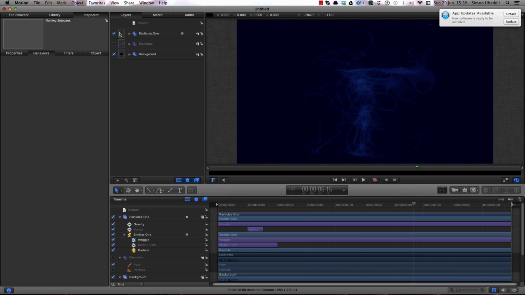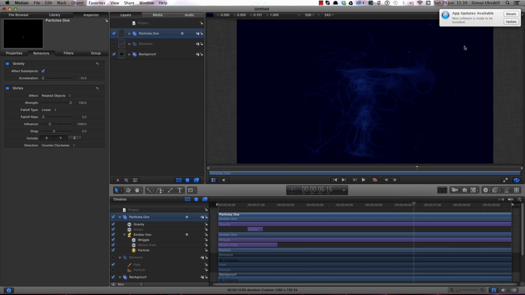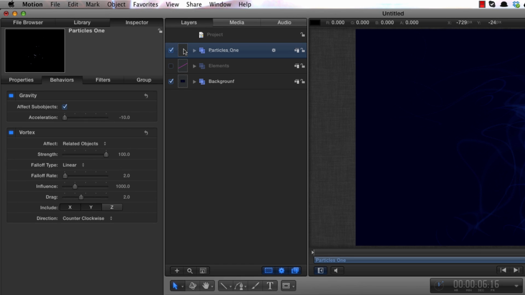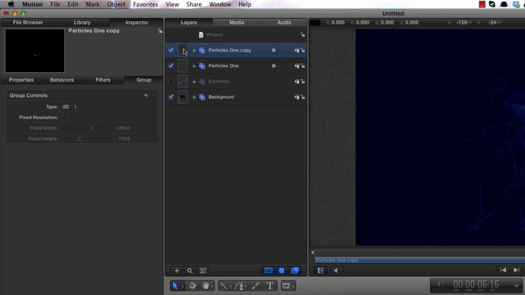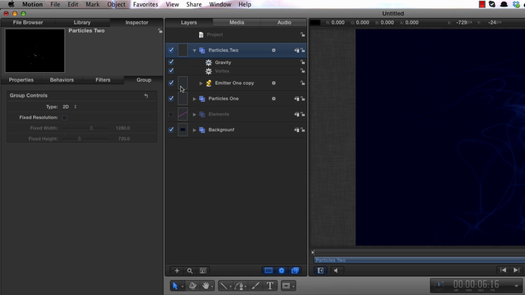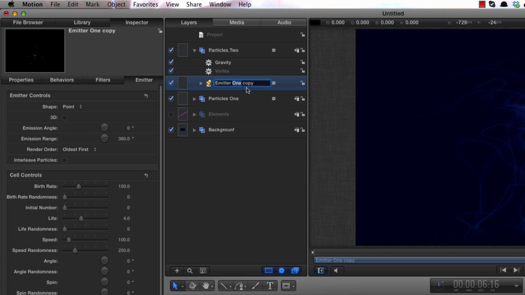I need to obviously have my particles that come in from the top right hand corner, so I don't have to go through that whole process again. I'm just going to select that particles 1 group, hit Command D, which we now know is to create a duplicate. I'm going to rename this particles 2, hit the disclosure triangle to open it up. I'm going to rename this emitter 2, just so we know exactly what's happening. Open its disclosure triangle,